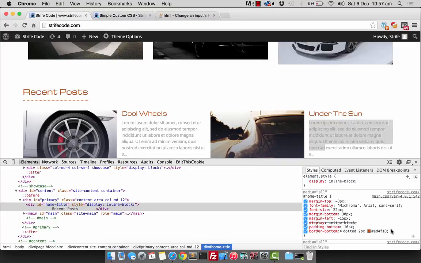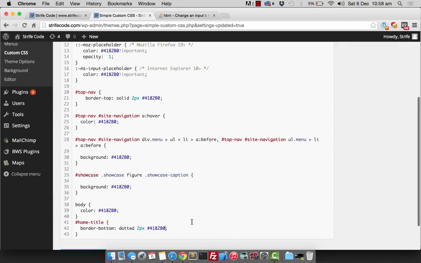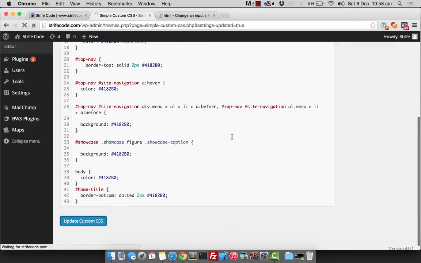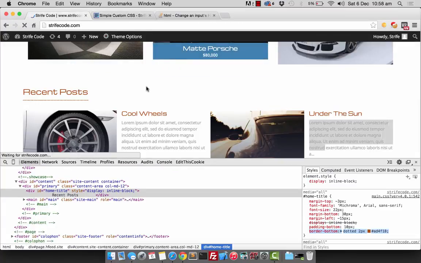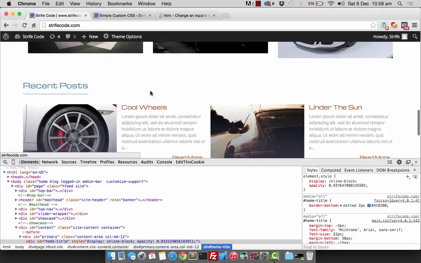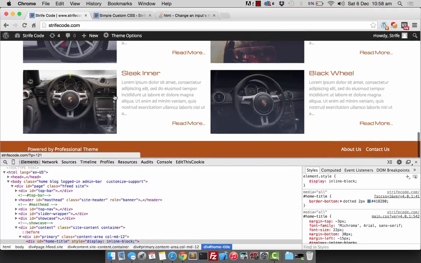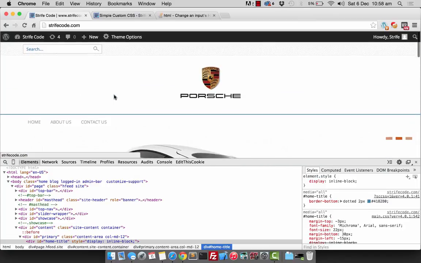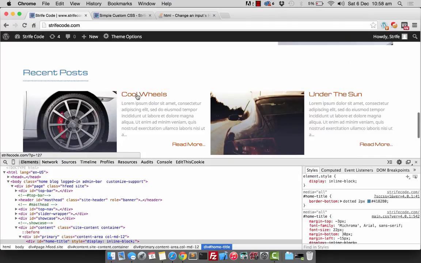So let's copy this border bottom here, paste it, and copy this code to have this. Now once again update and refresh the website. Yeah, it's looking like what we want it to look now, like this. Everything looks great. So now let's change again this,